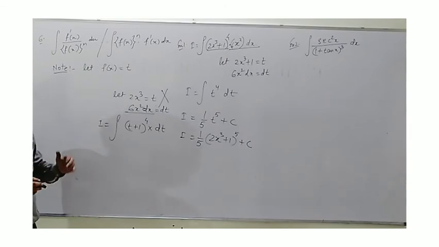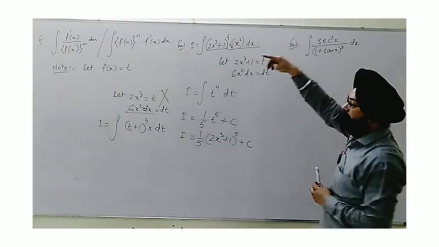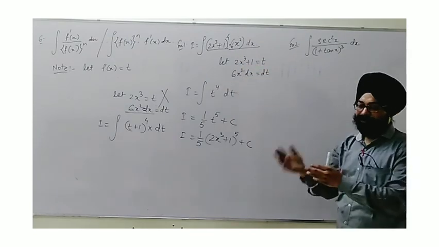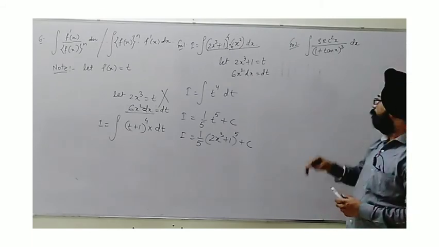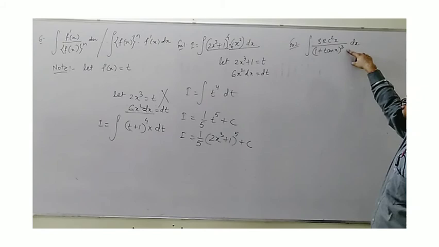So the thing is, you have to spot the part. Next one. Again, I have taken the pattern p x upon q x, the first pattern, f dash x upon f x raised to the power. But the question is, how do we judge? Okay, let's see this whole. I find 1 plus tan x is given with whole cube.